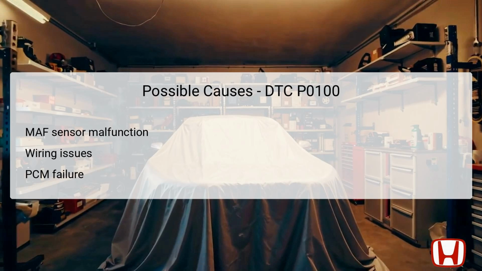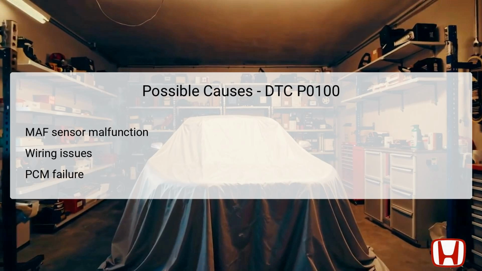Additionally, a defective PCM could lead to erroneous readings or failure to communicate with the sensor altogether. It is essential to systematically review each of these areas to pinpoint the exact cause of the DTC code, ensuring